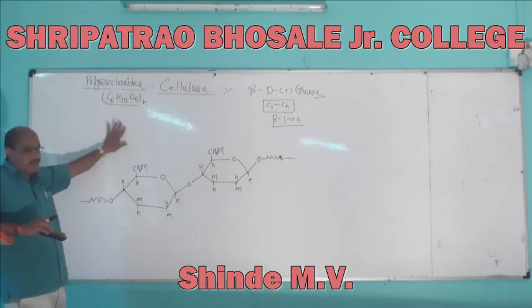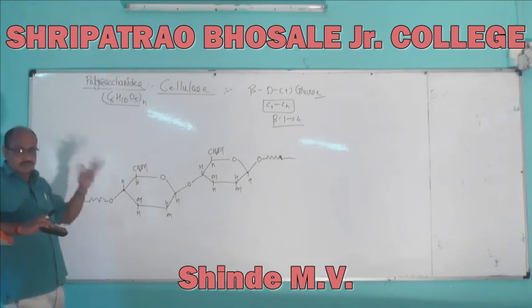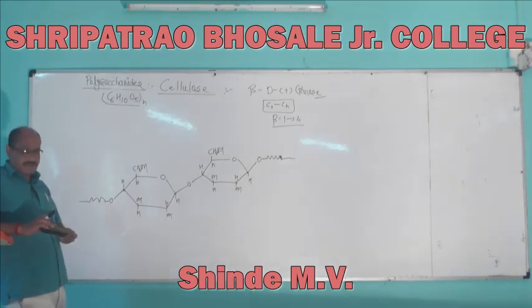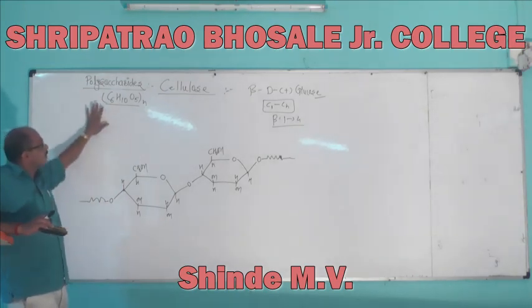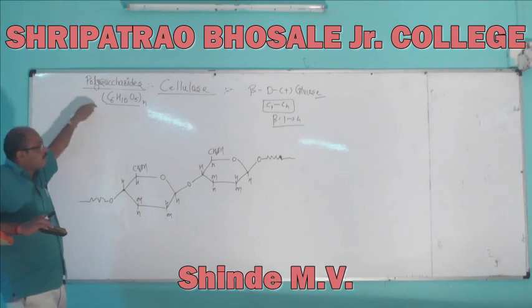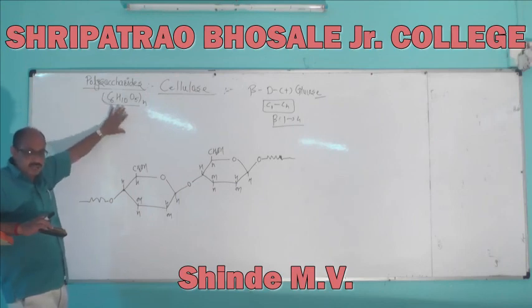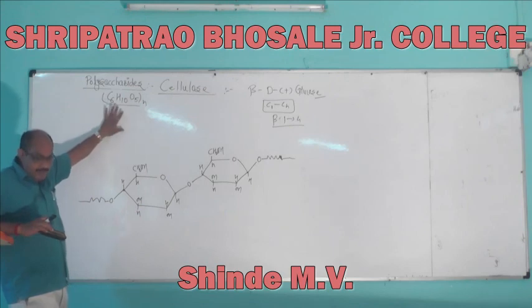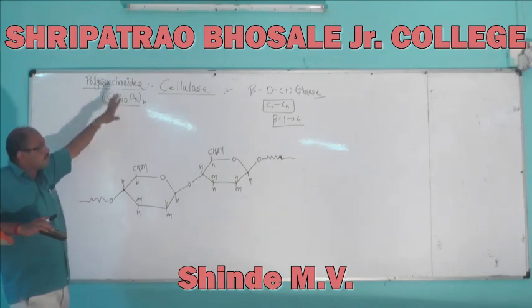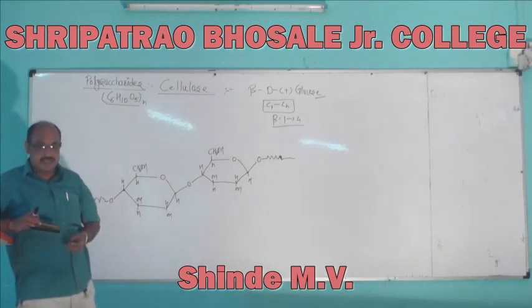So today we studied the disaccharides sucrose, maltose, lactose, and their structures. We also studied the structures of polysaccharides: the structure of starch, the structure of cellulose, and glycogen, which is animal starch and has a structure like amylopectin. So these are the carbohydrates, disaccharides and polysaccharides.